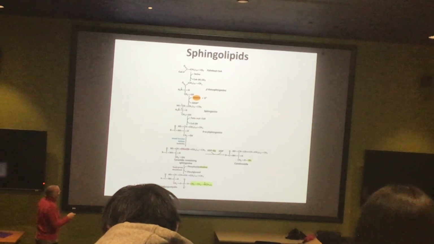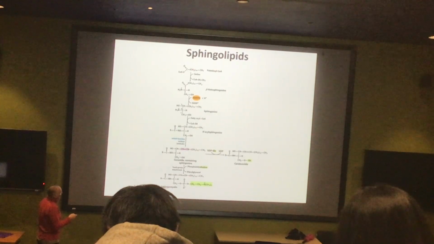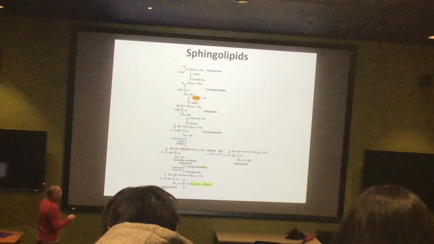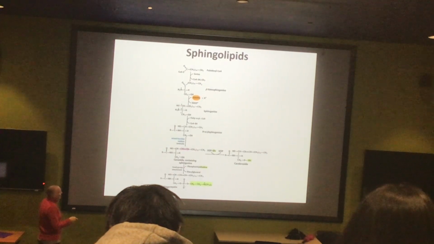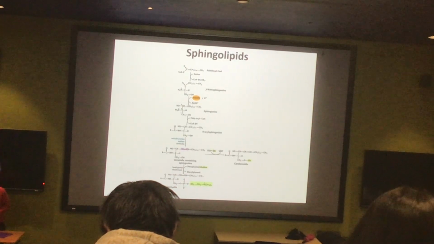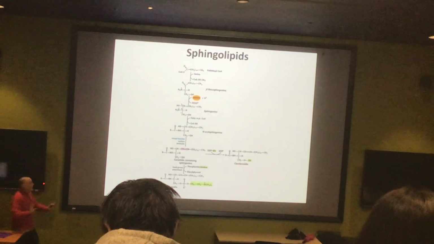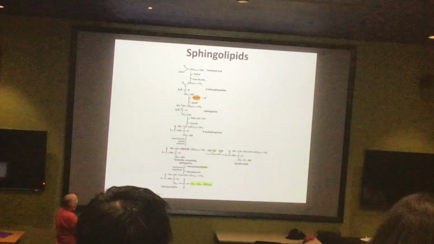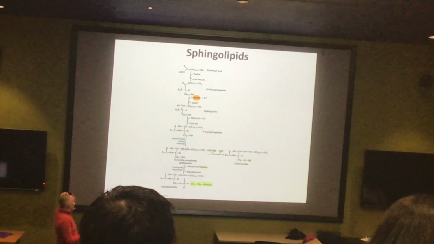There are other modifications, the addition, for example, of fatty acyl-CoA onto that nitrogen, as well as the introduction of the double bond using an enzyme complex similar to what we saw. And then the addition of the head groups itself is actually very similar to what we saw when we looked at the phospholipids. So key features here, I guess if you're wondering, okay, so what should I know, Dr. Petro? Good question. The origin of the long carbon chain, that's actually coming from a palmitoyl-CoA, so that came right out of our fatty acid synthesis.